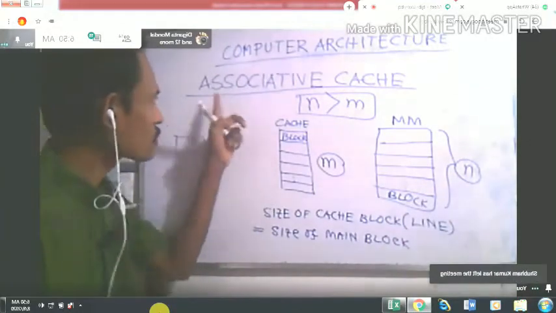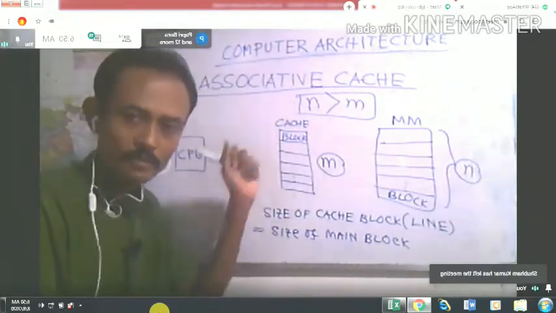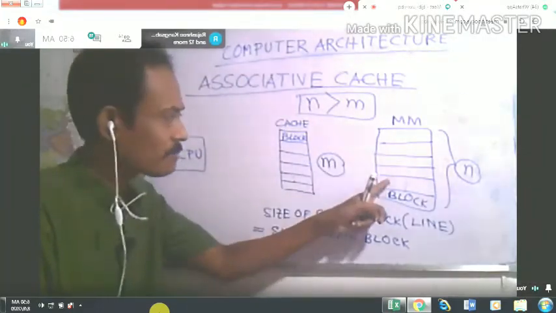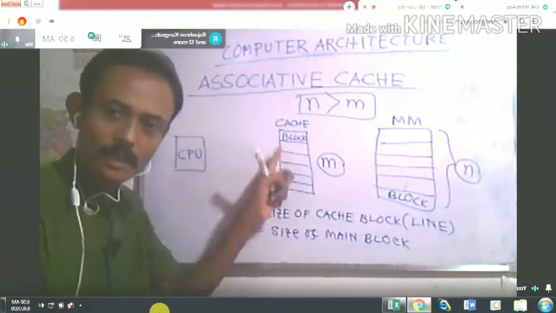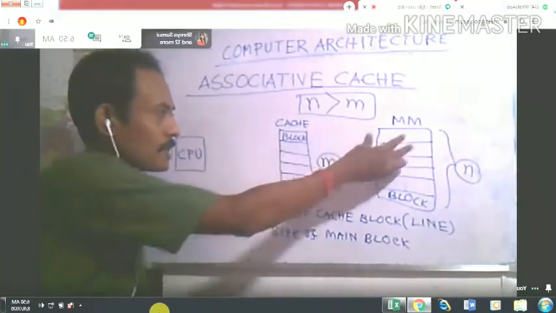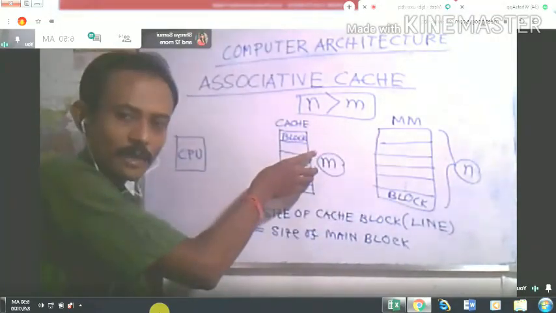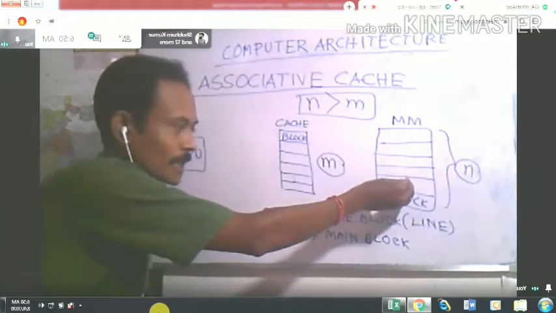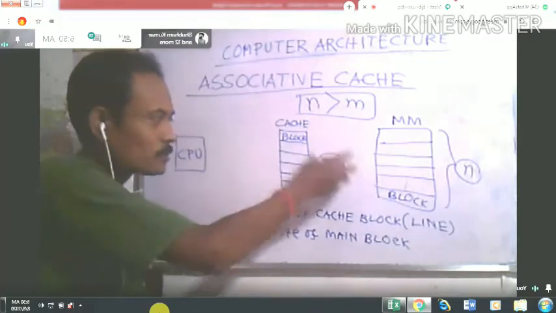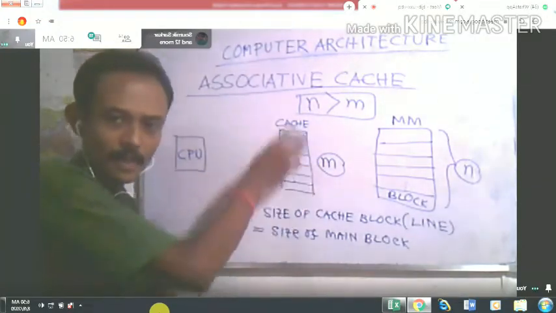Clear? In the associative cache memory mapping technique, any main memory block can be placed in any cache memory block. Suppose some main memory blocks are already occupied in the cache memory, and a new block comes from the main memory to the cache memory, then it will search for a blank space.